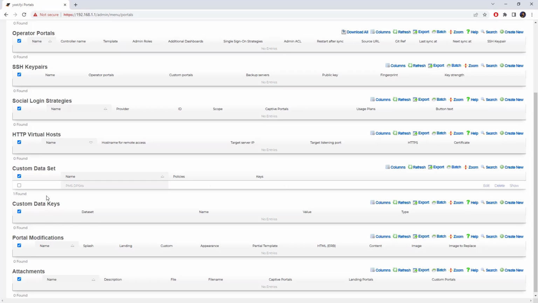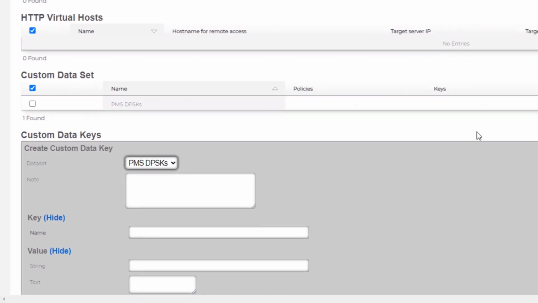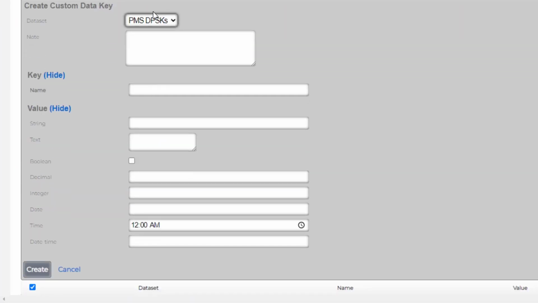So we know that we want to do some DPSKs off of PMS, but what about the data in there do we want to key off of? That's where the custom data key information comes in. And we're going to create kind of two different things and then take a look at what it generates. So we're going to click on Create New under Custom Data Keys. And we need to select, or it's already selected, our data set. We're going to set a name of